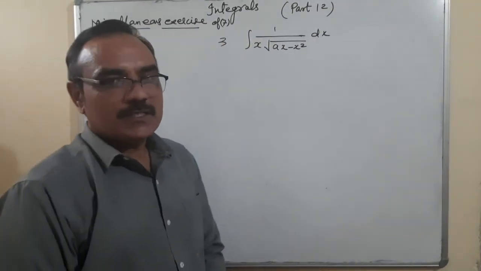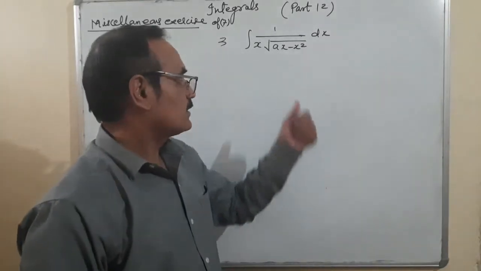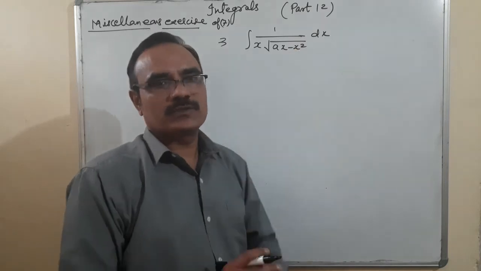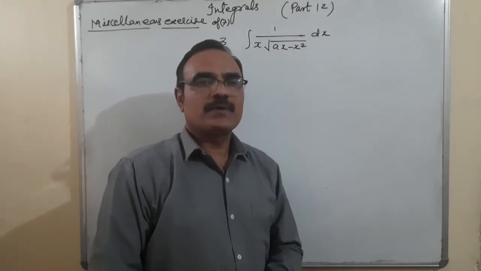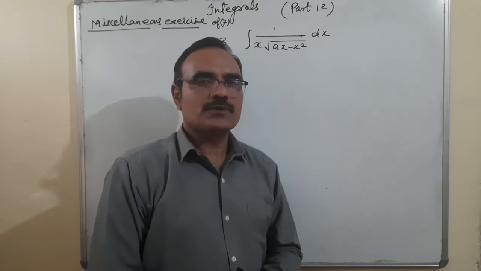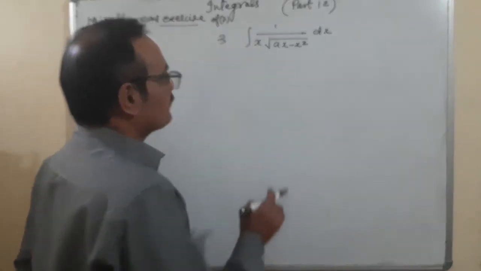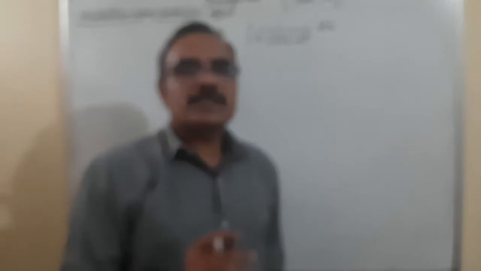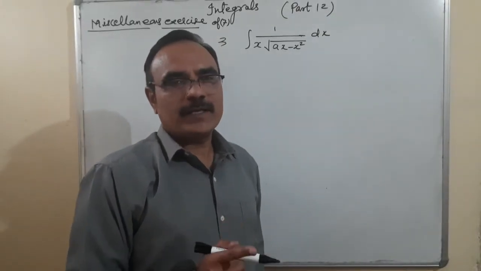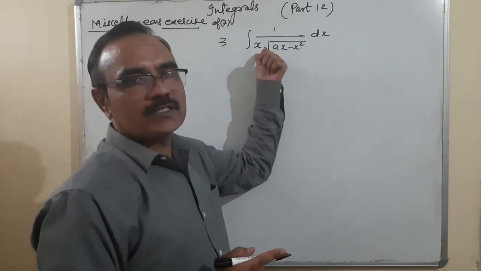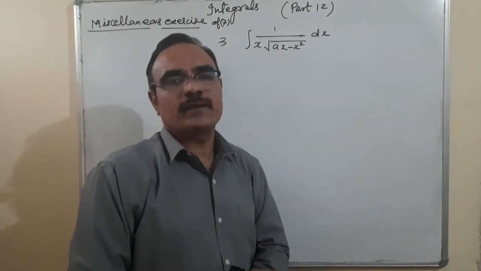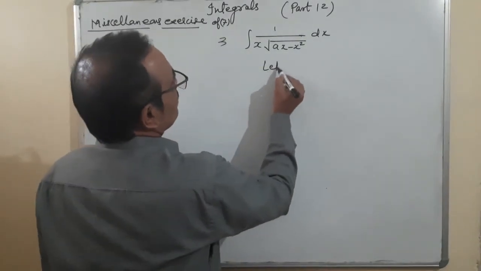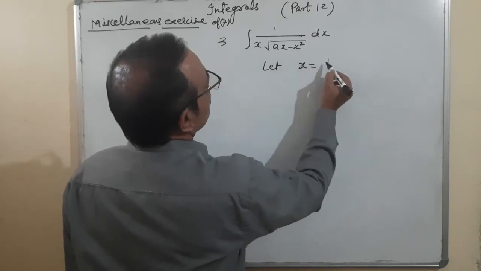We have not solved this type of question in the previous exercises. If the first term is linear and the second term is a quadratic polynomial in the root, then there is a very special substitution we have to use. We will consider x equal to 1 upon t. When it is used in a denominator, with one term linear and the second term in the root quadratic, then we'll consider x equal to 1 upon t. You will remember it. Let x be equal to 1 upon t.